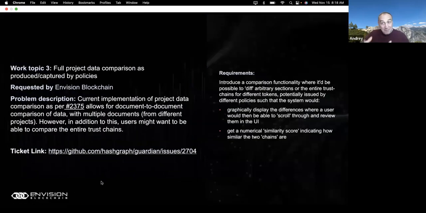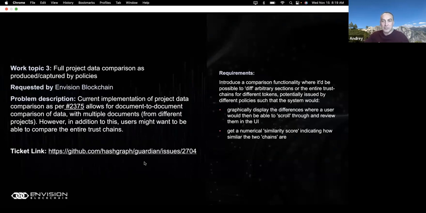This is a similar approach, but in a slightly different way. Again, it's a continuation of the work that we've done, or the evolution of the capability that we've introduced in the last 6 months, or in this ending stage of Guardian development. And that's to do with comparing not policies, but the data that's produced by policies.